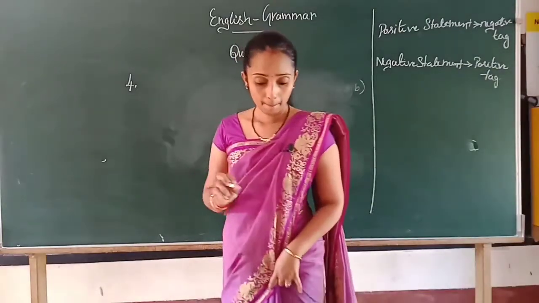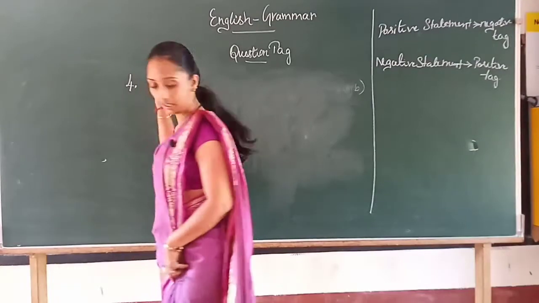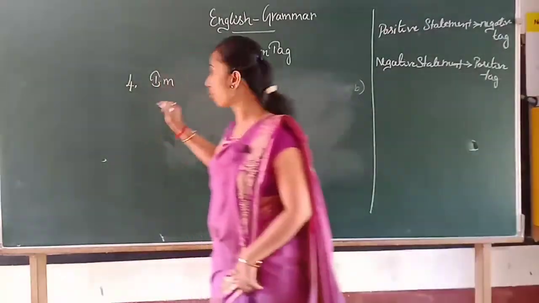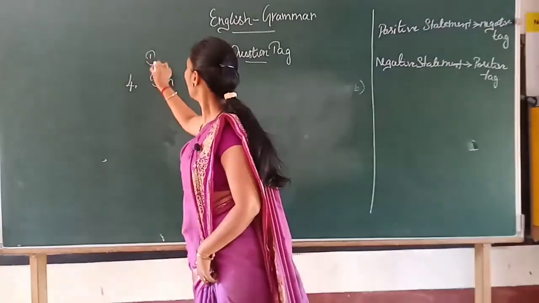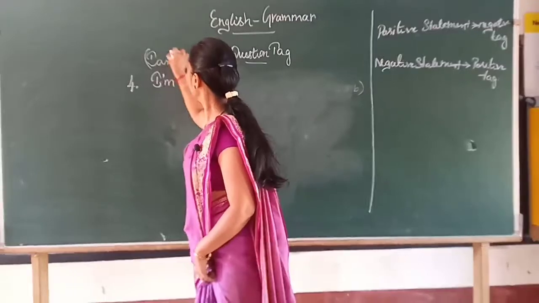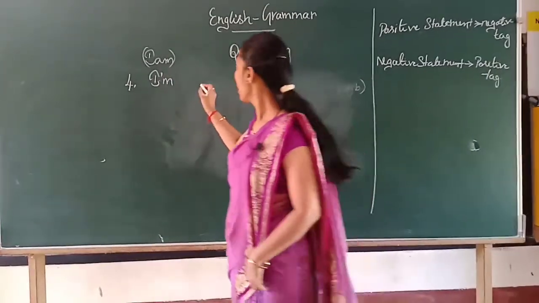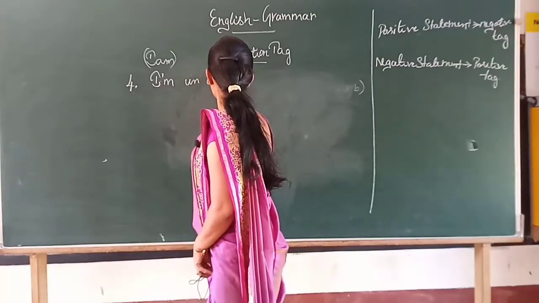Okay, now the next, fourth example is am. Am in the sense, this one you know, I am. Short form has to be written like this: I'm